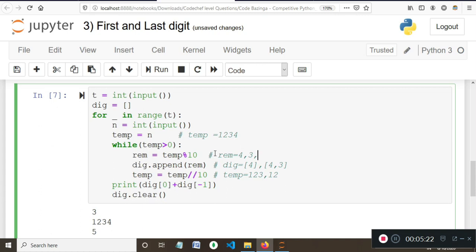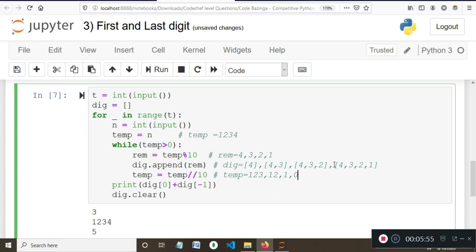Now the value of remainder becomes 12 mod 10, which equals 2. Likewise here I'll be getting 1, and the digits list will be appended by 1 at the end. And lastly, temp will be reduced to 0 and the while loop will break.